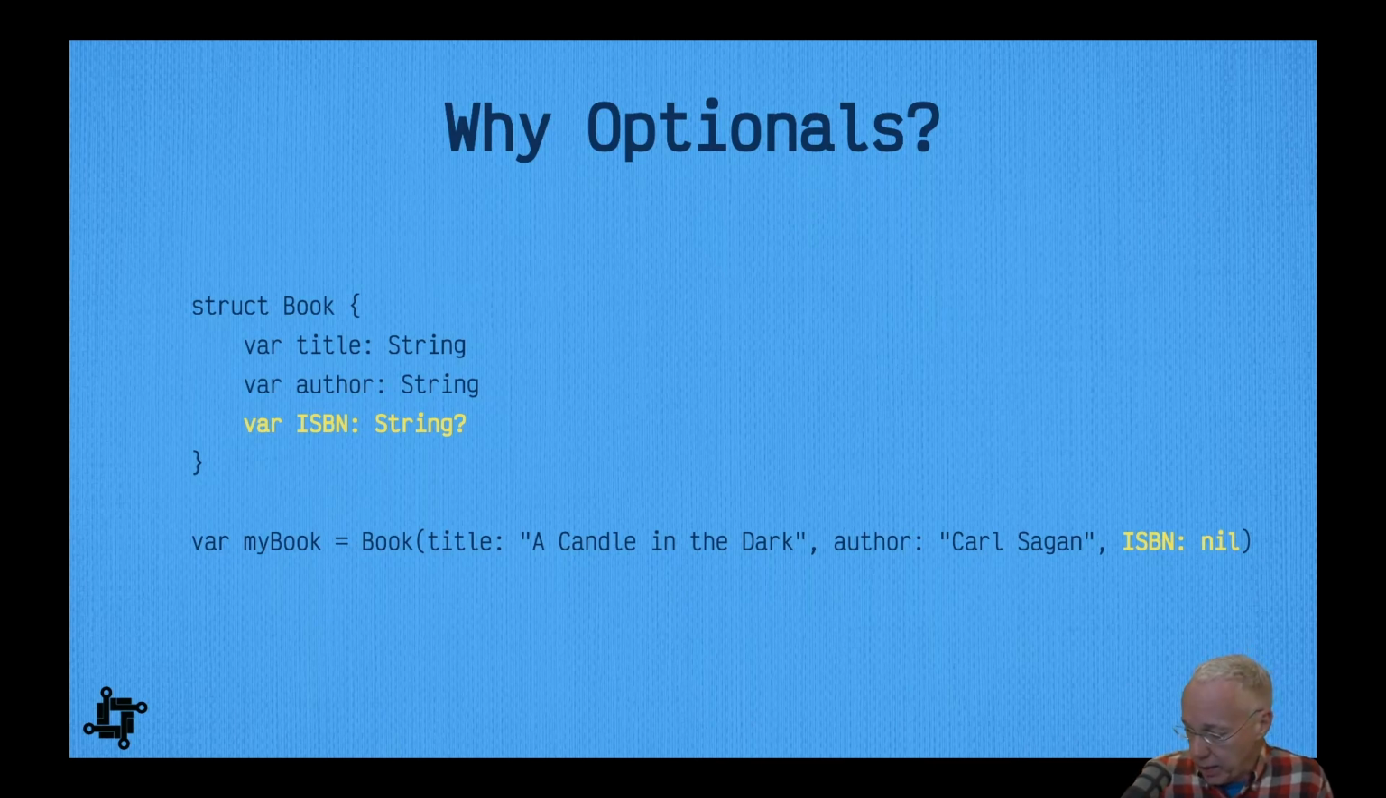Then when we initialize it, here's our initialization where we say var myBook equals book. Here's the initializer that we've looked at before for structs. And we've got the named parameters here and here. But ISBN, we initialize it with nil. Nil is how we refer to nothing in Swift. And so at that point, we have now given it no value, and that's perfectly legal. What's not legal is I can't put a nil here for title, and I can't put a nil here for author,